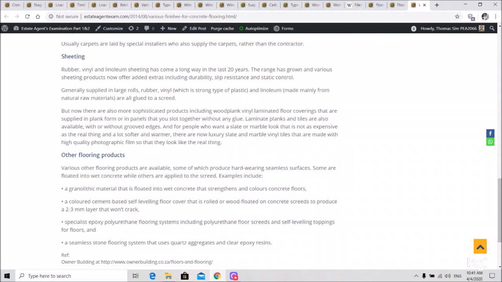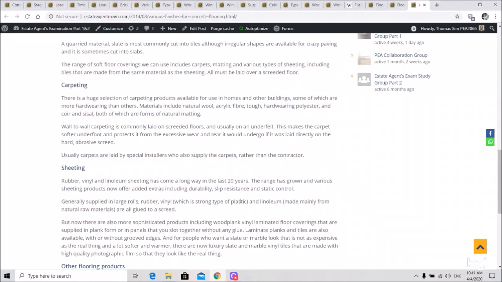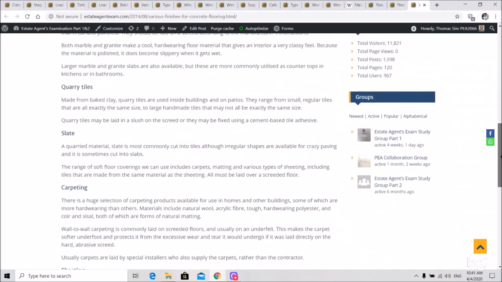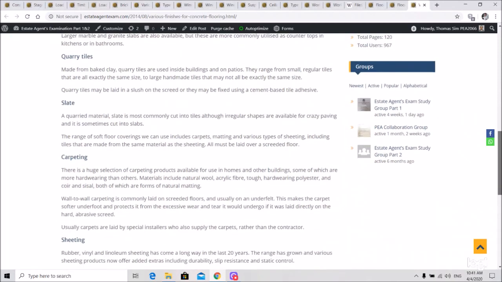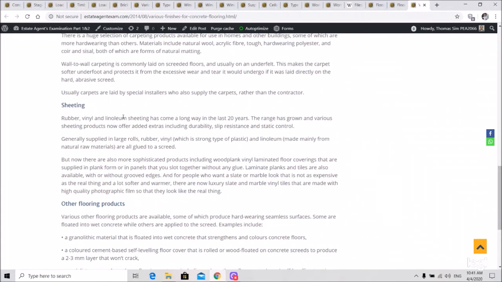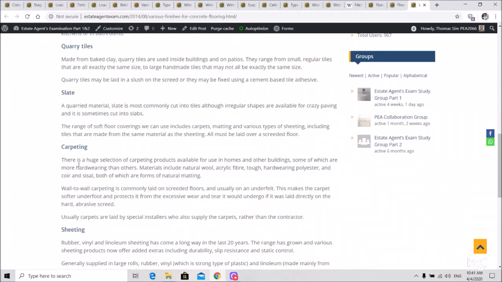So the floor material is terrazzo. They use terrazzo because the whole piece is a big piece of rock. They make it seamless. There are no gaps and no holes in between. Whereas with tiles, when you join the tiles, you definitely have spaces in between. That is the problem. So using sheets, vinyl and linoleum sheets, you can actually have it seamless, with no end. So a whole piece is covered up. So you cannot use carpets